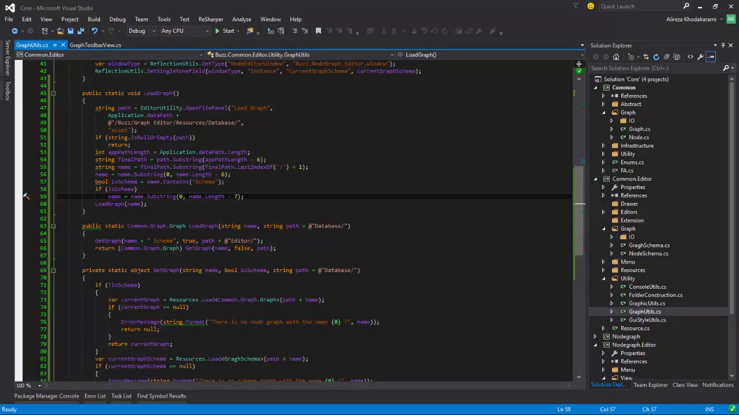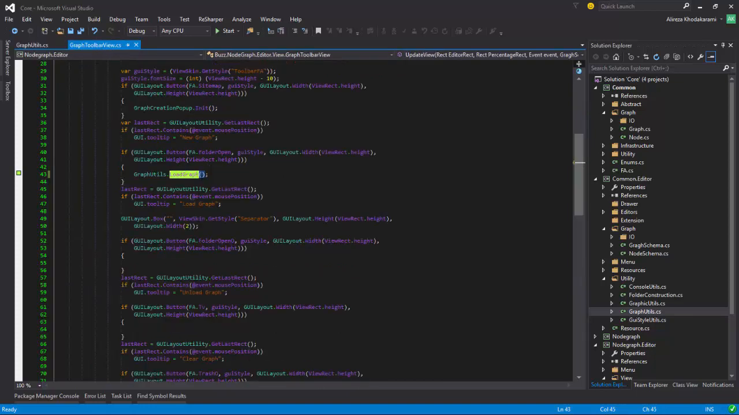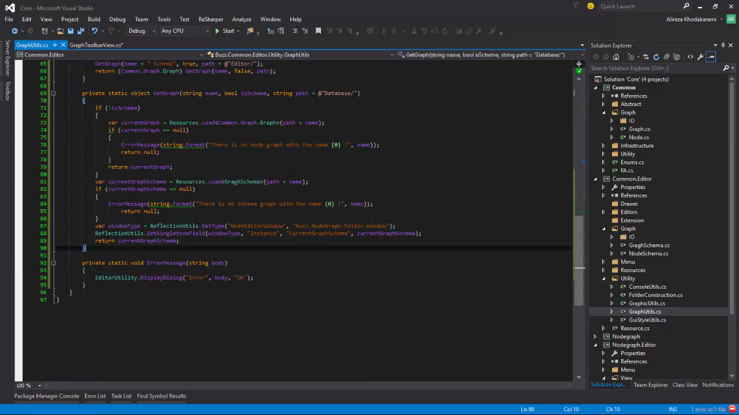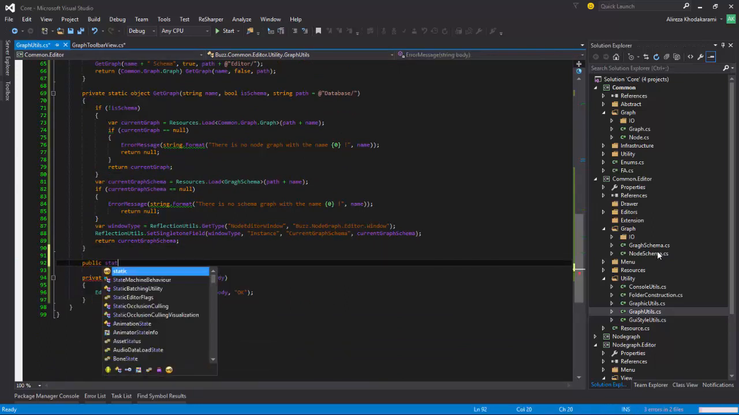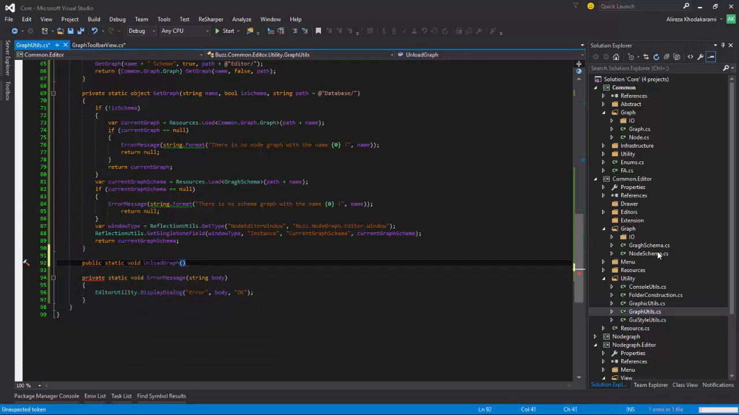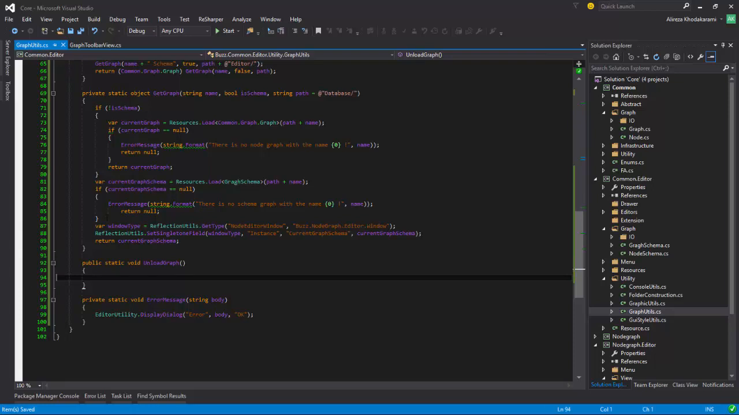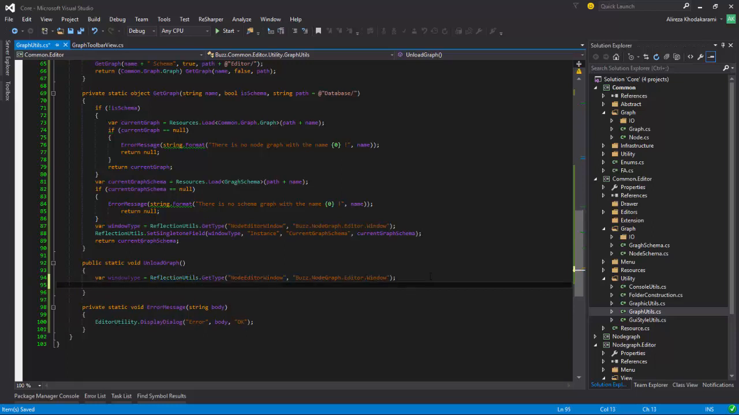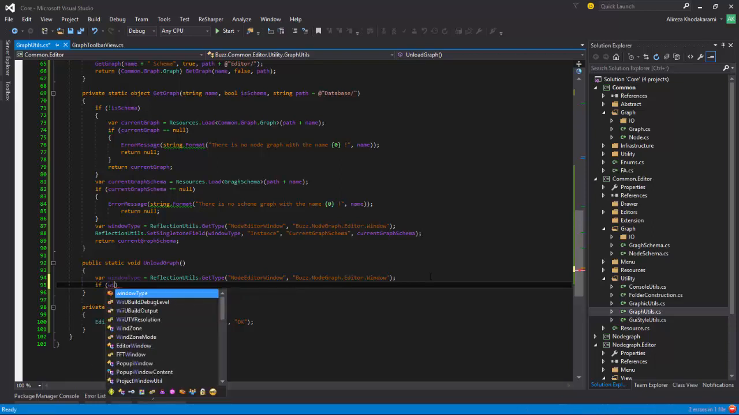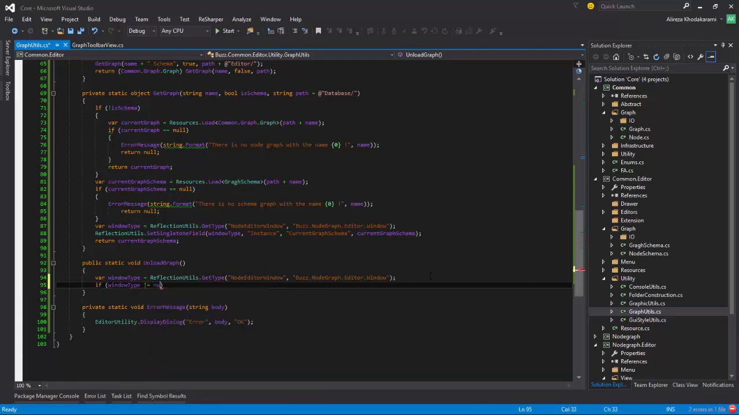Honestly, not a single line, but a few lines. So this is unload graph. We say graph utils dot unload graph. So I will go on top of my private public static void unload graph. Here, first we want to get the window. Okay. After that, we say if window type does not equal null. So if we have the window,